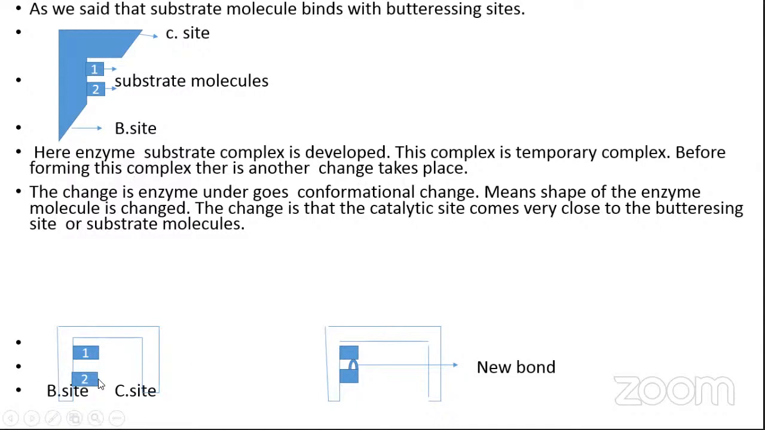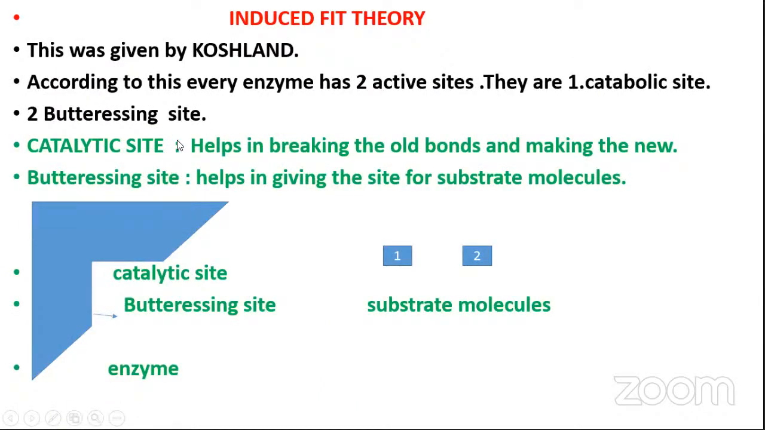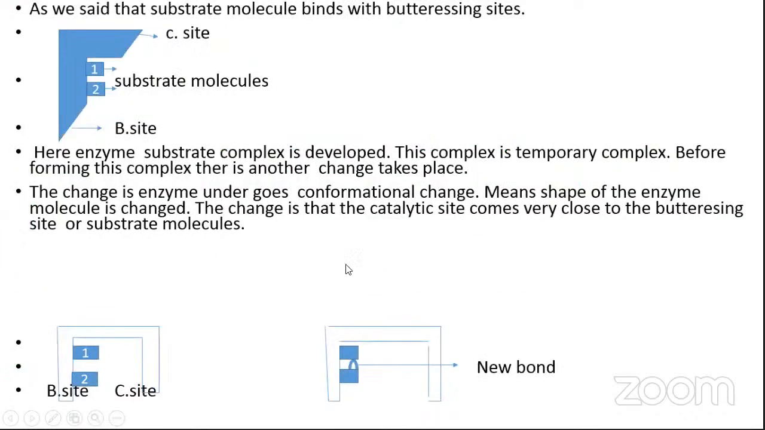By this, what happens? Just now we discussed that this catalytic site helps in breaking the old bonds and making the new bonds. So, as per this statement, a bond is developed between the substrate molecules by the influence of this catalytic site, which is coming closer to the